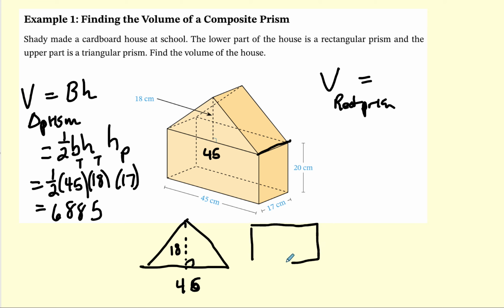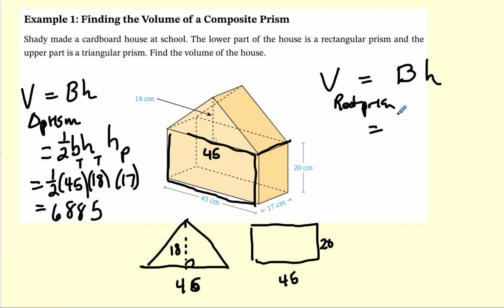Okay, for the rectangular prism, let's go ahead and draw the face. I'm going to draw that front face right here, and that is 45, and then the height is 20. So it's this thing right here, I'm considering my face, or the base. So it's the area of the base times the height, and the base is 45, I'm writing it so it looks like a 6, but it's 45 times 20. And so this is the 45, this is the 20, and then the height of the prism is 17, just like the height for the prism on the other one was 17 also. I'm going to put those numbers in, and I get